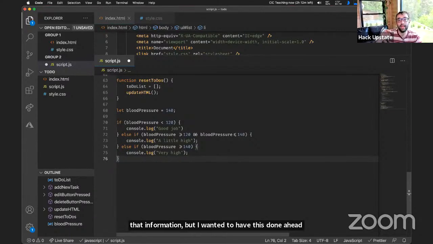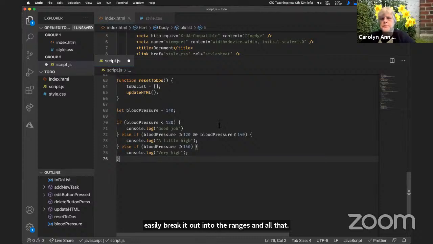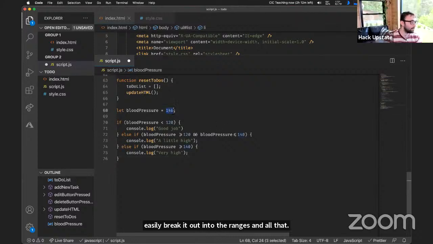So when they handed us the information, I could easily break it out into the ranges and all of that. So in our code that we ended up updating today, that information actually came in from a REST API, which Gus is going to go over with you,